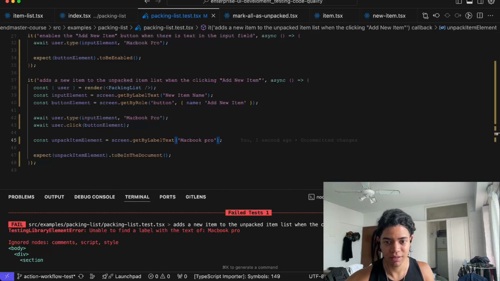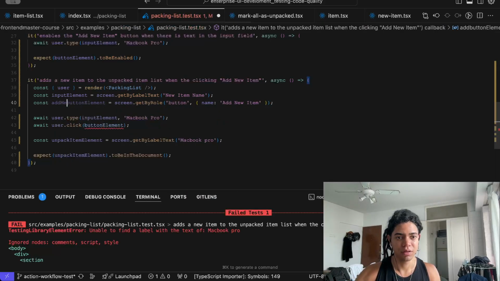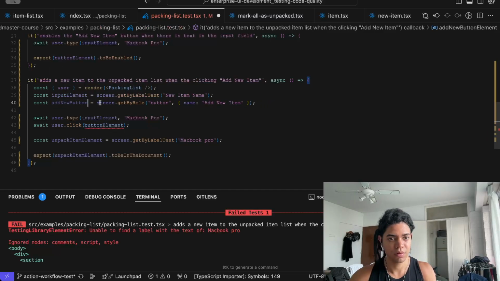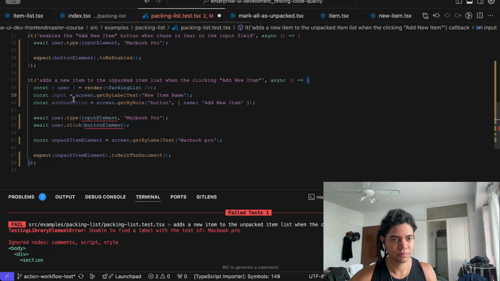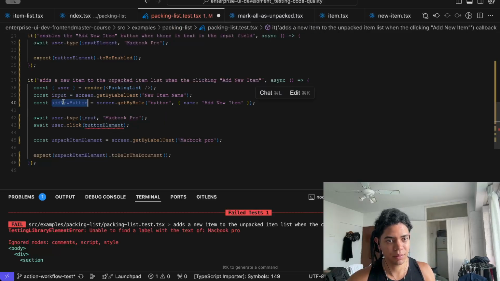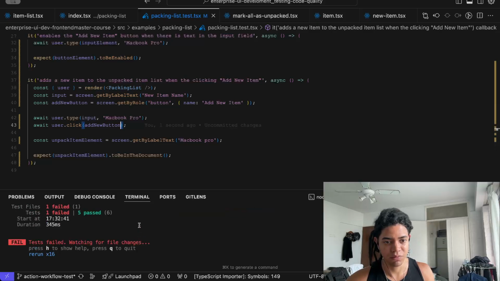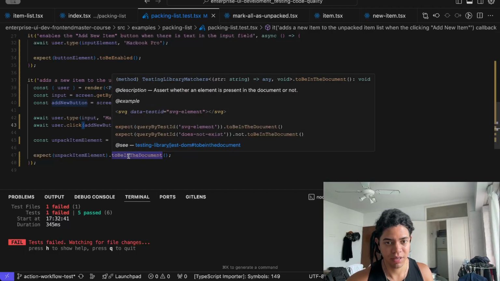After you add that, all right. In this case, this is the add new button. Input element, they say add new button here, and by the time it's that, I want to now get that label for that. And then you say not to be checked. And in my case is